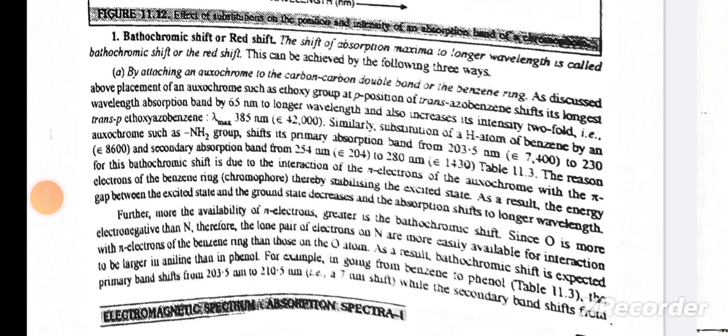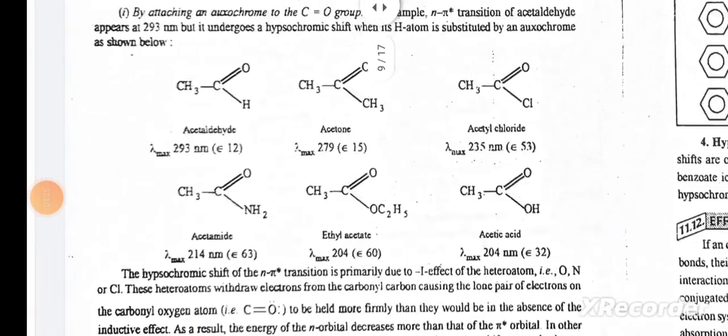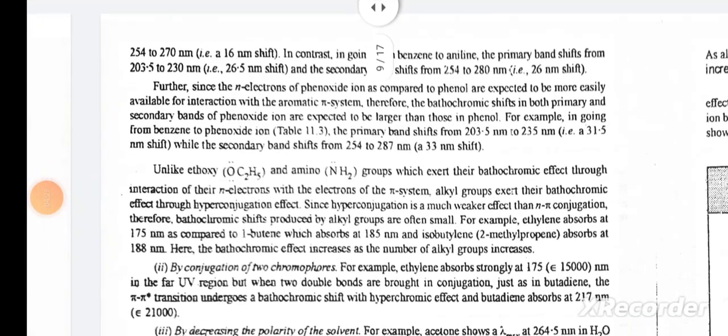As a result, the bathochromic shift is expected to be larger in aniline than in phenol. For example, in going from benzene to phenol, Table 11.3, the primary band shifts from 203.5 to 210.5 nm, while the secondary band shifts from 254 to 270 nm. In contrast, in going from benzene to aniline, the primary band shifts from 203 to 230 nm and the secondary band shifts from